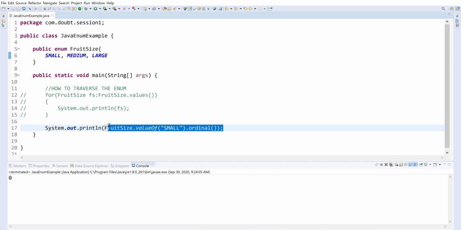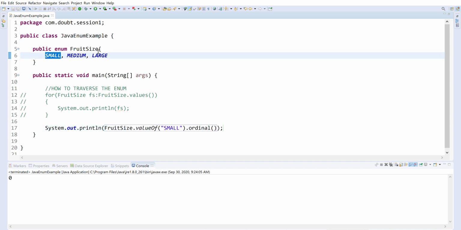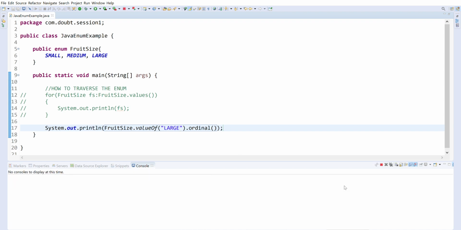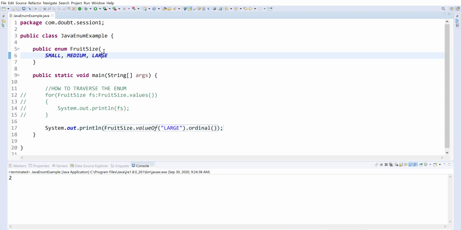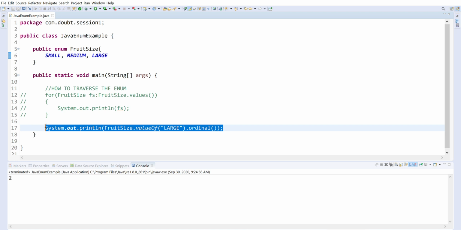Whatever the index we have, so this is the first index. If we are going to pass this one, right? So I'm just copy pasting here. Okay, you can type. So I'm going to right click and check after running the program. I will see the console. So now you can see index 0, 1, and this is 2, right? So this is a very simple example that you can understand what is the index of the enum data type